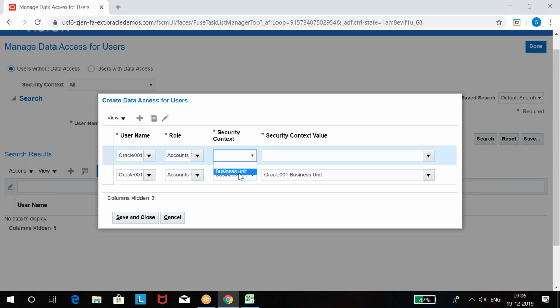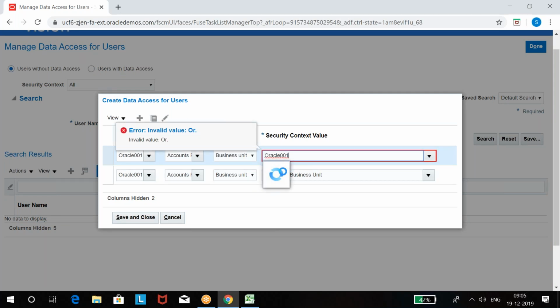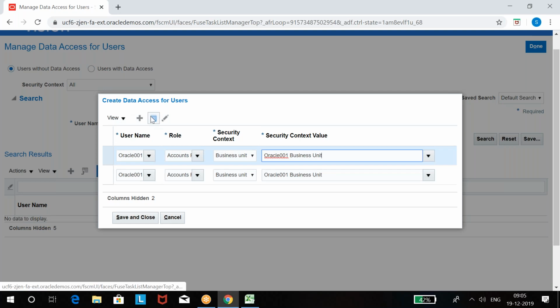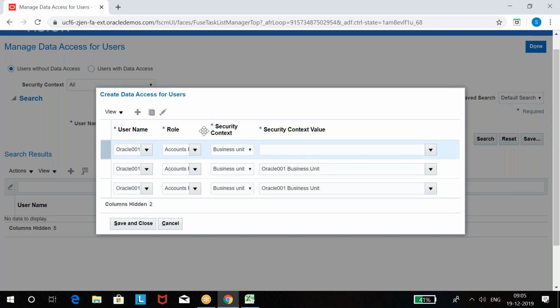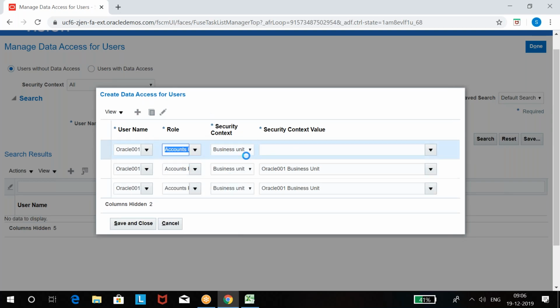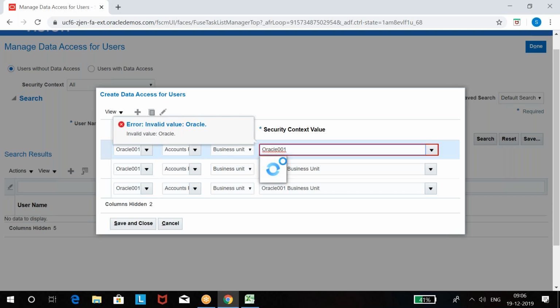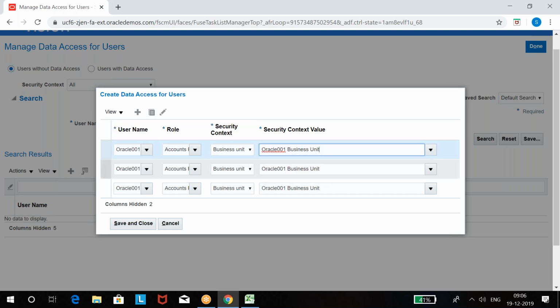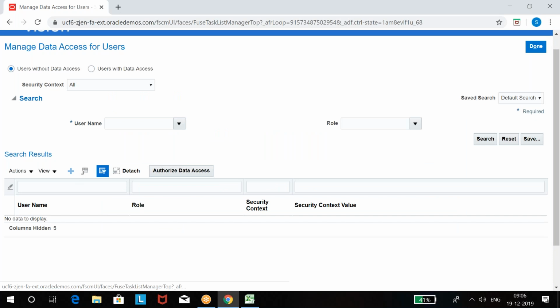Accounts payable specialist. Again, click on duplicate. Accounts payable supervisor. So all three accounts payable done. Save and close. And then create again, do it for GL.